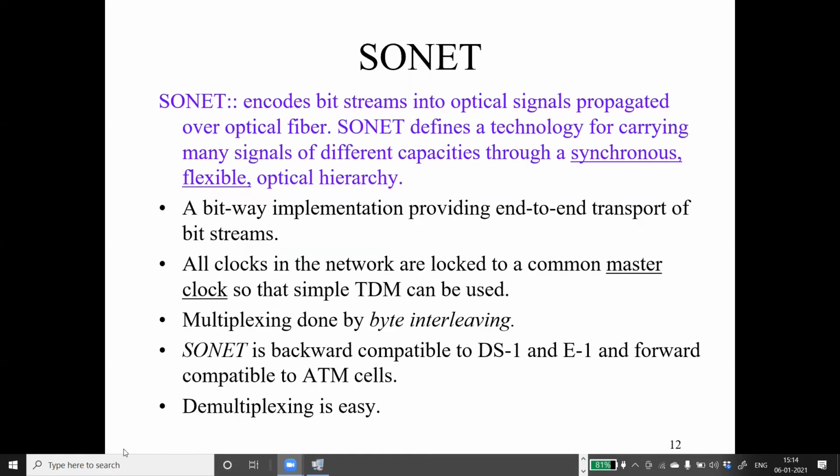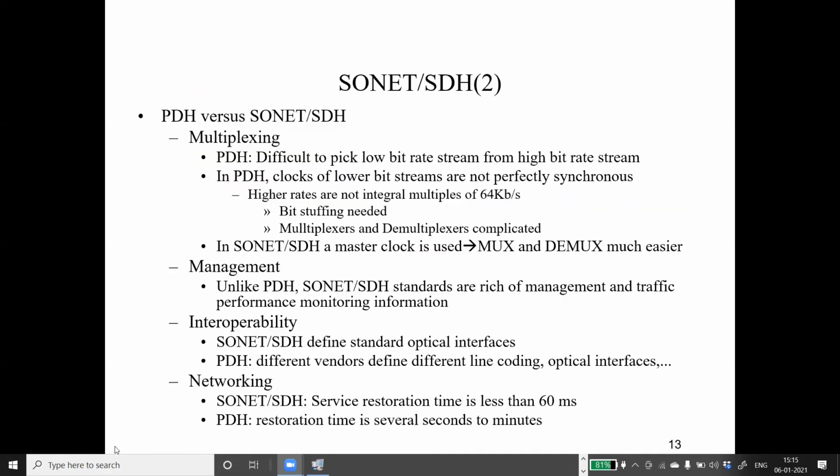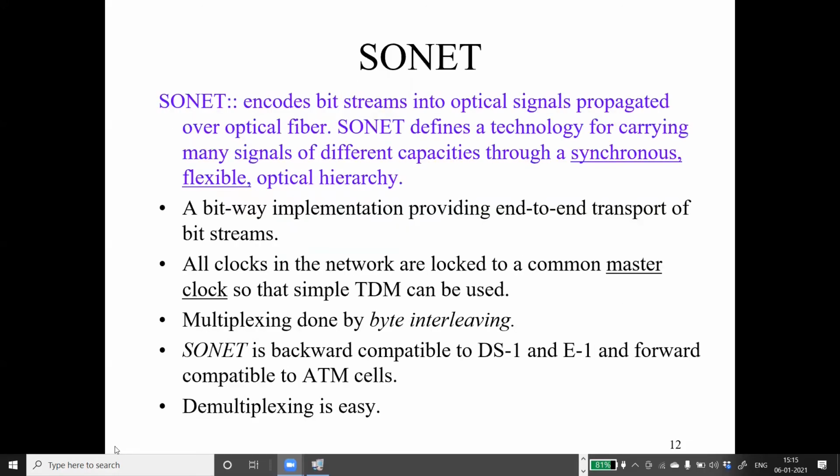So we will be starting with the first chapter, that's your SONET. As I said, SONET was the first generation of optical network. All we knew at that time was that this has a large capacity, and we wanted to exploit this capacity to be able to handle larger data rates.